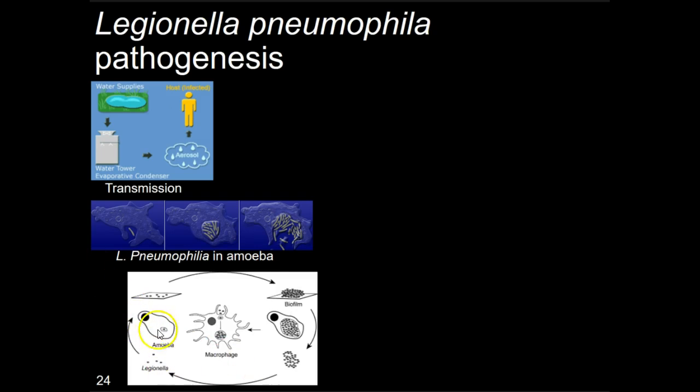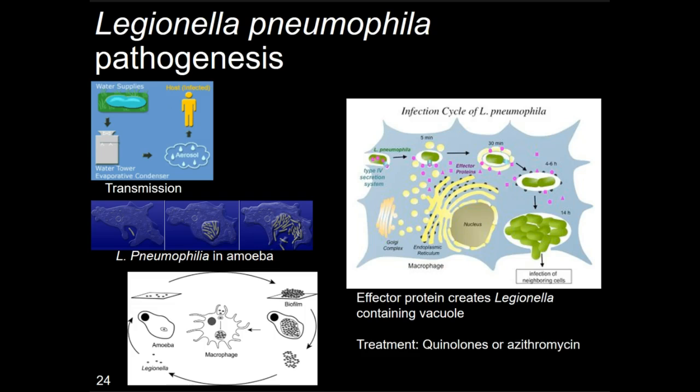And this is just illustrating that an amoeba is an awful lot like a macrophage, and that this particular bacteria is able to use the same system to survive in an amoeba, which forms the slime layer, and in a macrophage. This is also showing that this bacteria can form biofilms. And these are some of the effector proteins and virulence factors of pneumophila, and this is the life cycle of Legionella